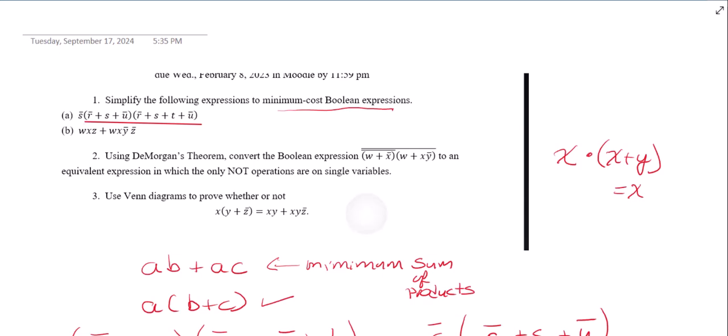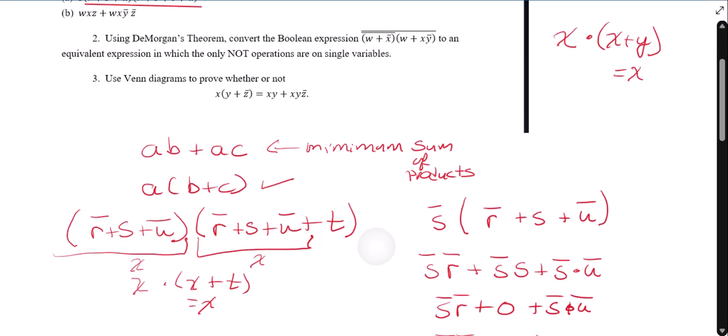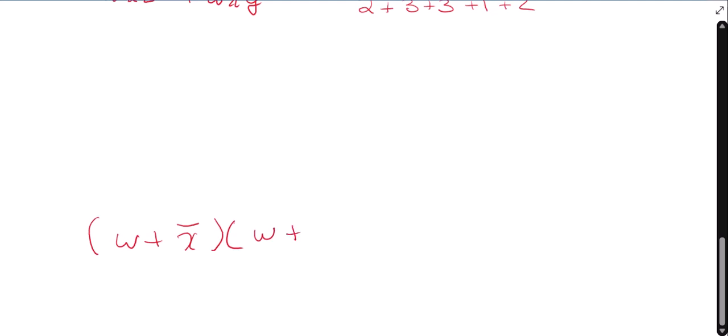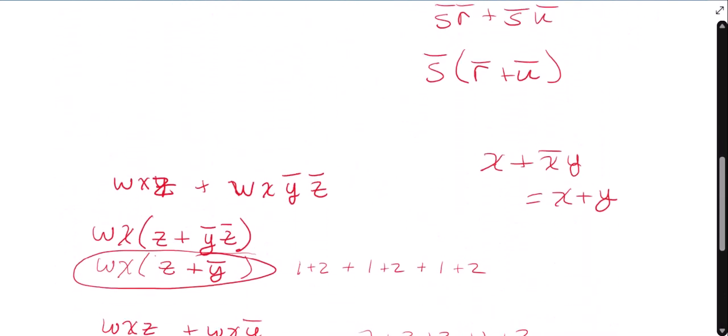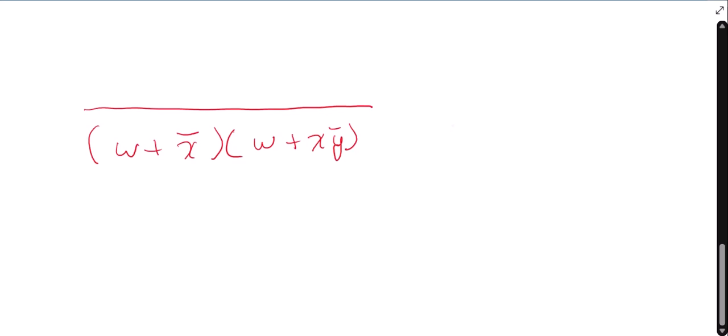So I have W or not X, W or X not Y, and I have the not of all of that. So De Morgan's theorem tells me the not of an AND is the OR of the nots. So this turns into